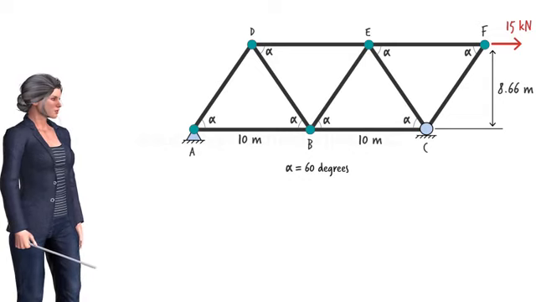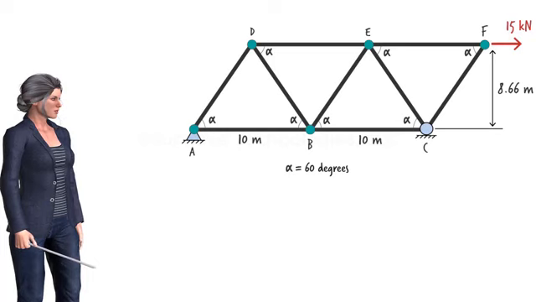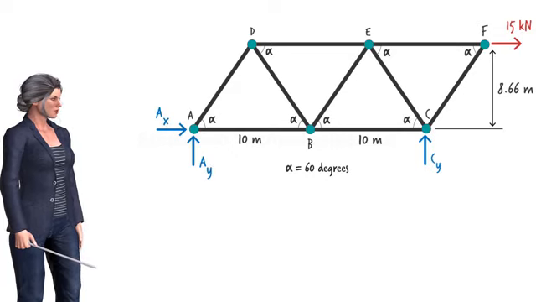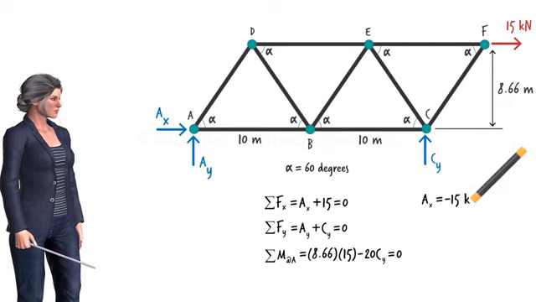To simplify the process of calculating the member forces, we can always start by determining the support reactions. This is done by applying the equilibrium equations to the entire truss. In this case, there are three unknown reaction forces. To determine them, we need to write the three static equilibrium equations. They are: solving these equations for the unknowns, we get